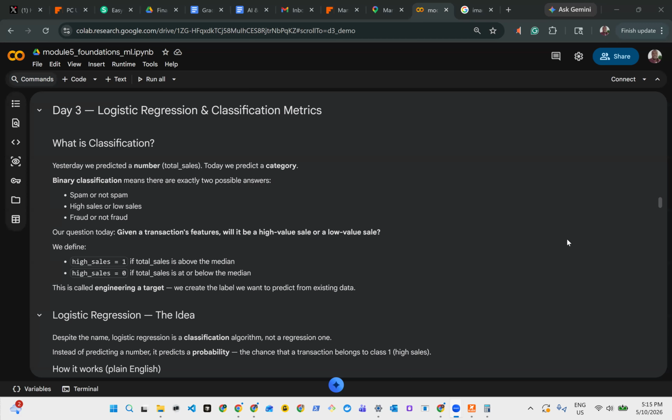Take for example, maybe you are in an industry and you're one of the data analysts there, and you're given transaction features. They want to know if a transaction from a particular customer is going to be high value or low value. In that case, the first thing that comes to your mind is, this is going to be a classification problem. As soon as you know that, you know what to do, you know where to go, you know which model to use.